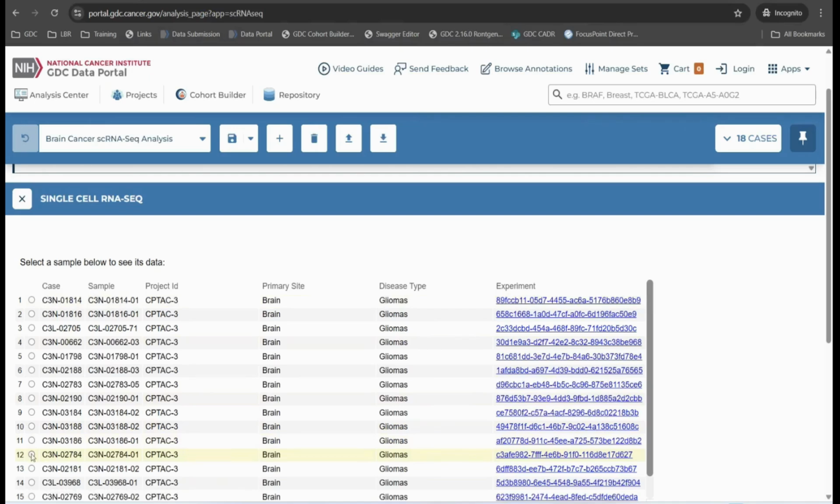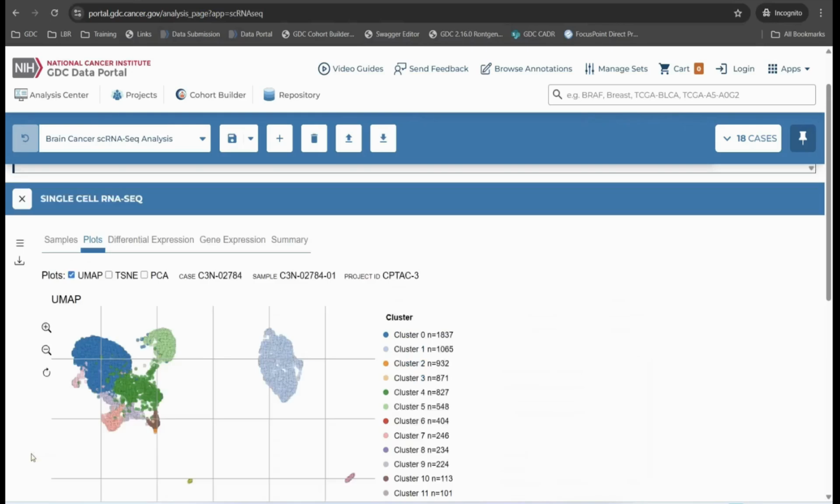Once a sample is selected, 5 primary tabs are displayed, and you are navigated to the Plots tab. The 5 primary tabs are the Samples tab for initial sample selection, the Plots tab for dimensionality reduction, visualization, and population analysis, the Differential expression tab for comparative analysis between clusters to find potential biomarkers, the Gene expression tab for examining individual gene expression